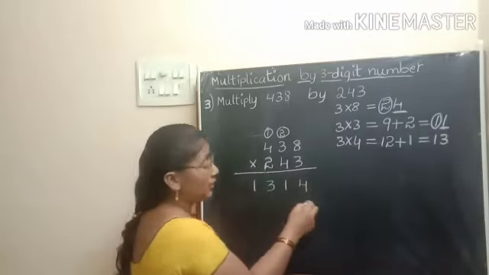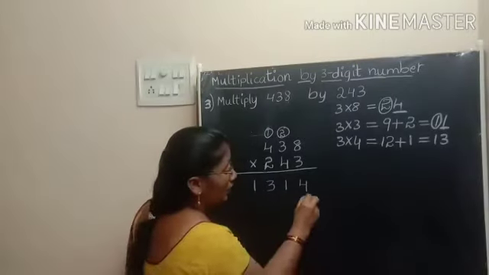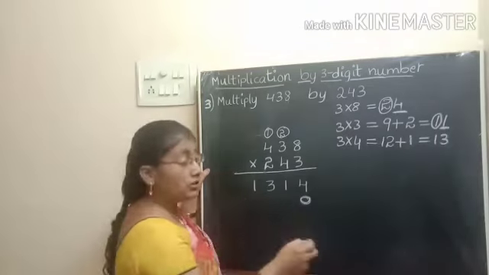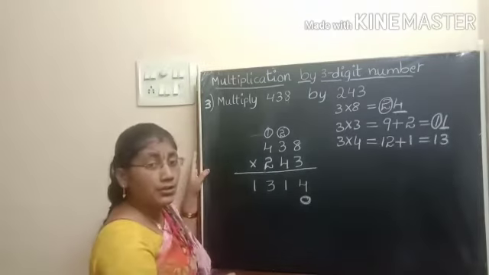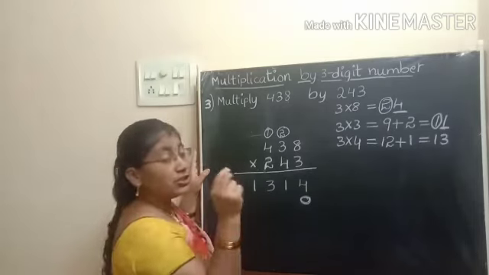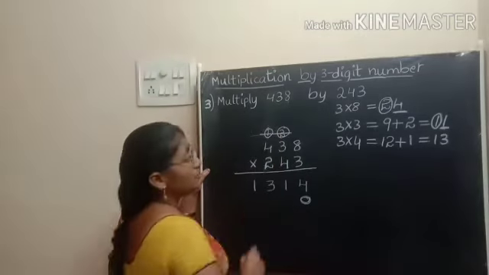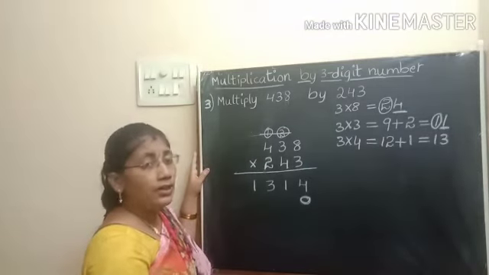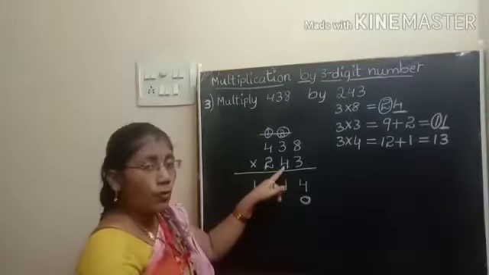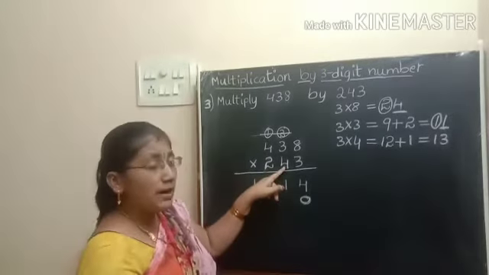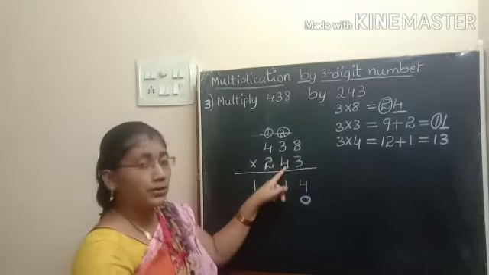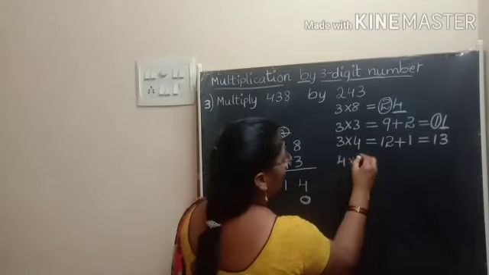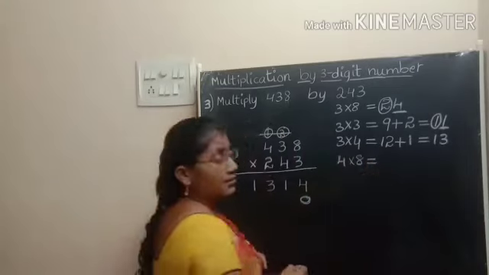So we should put 0 in ones place. Already we know that, while we are multiplying with the digit in tens place, we should put 0 in ones place. Understood? And one more thing is, we should cross out the carries that we got in the previous multiplication. Okay? Then we have to start our multiplication with 4. Now we multiply the digit in ones place with 4. Take 4 into 8. 4 into 8. 4 8s. How much is it?